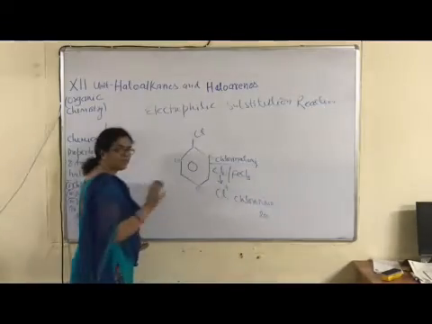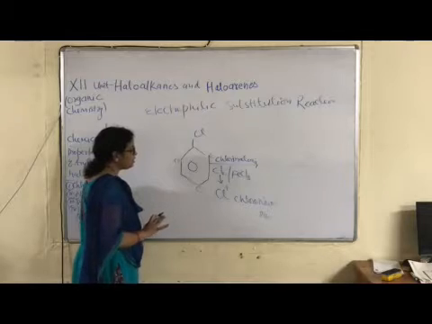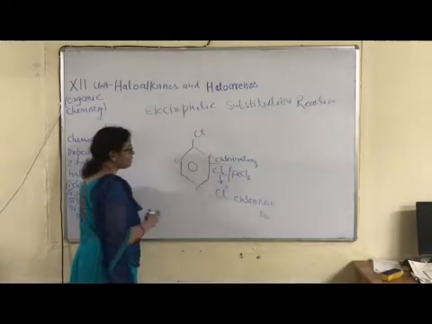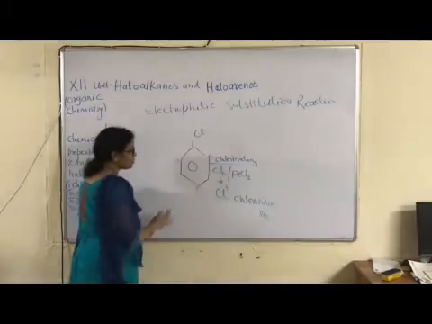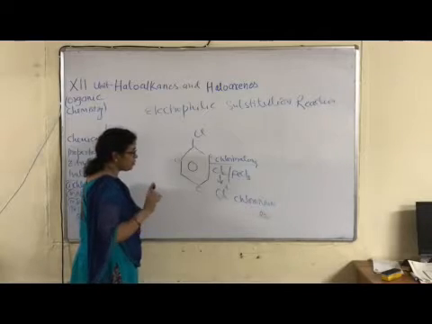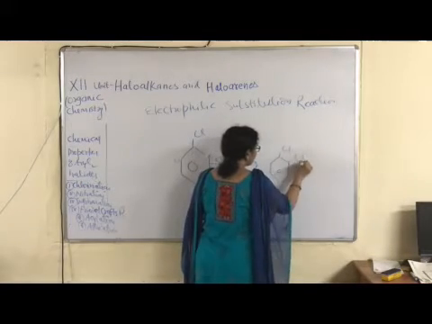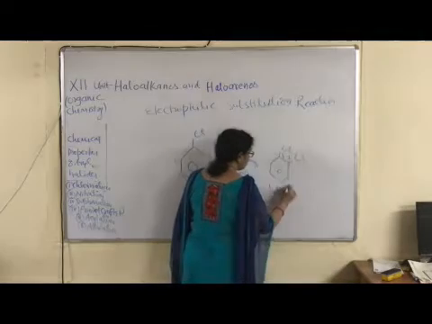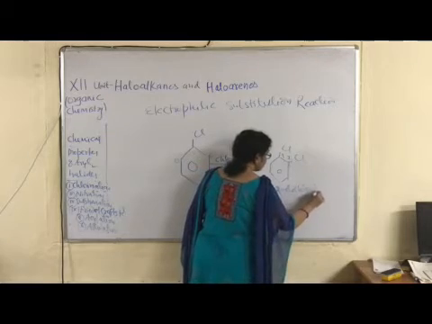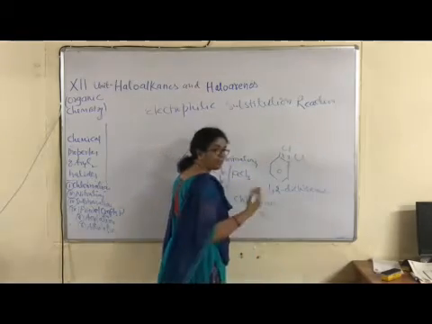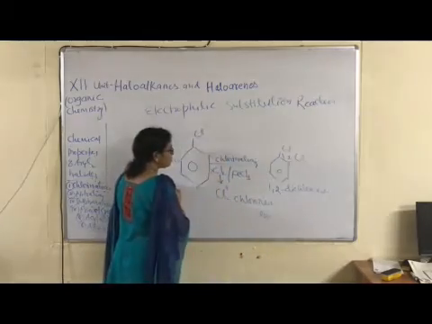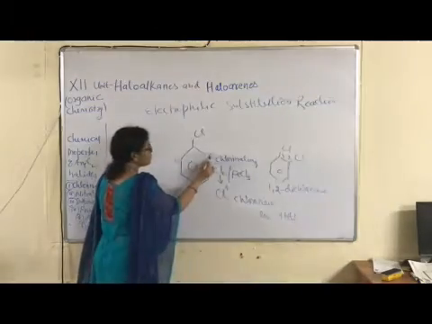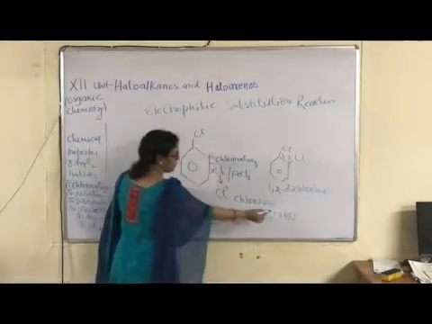Which position is occupied? When a limited quantity of chlorine is taken, then only one ortho position is occupied. When excess of chlorine gas is taken, then all positions are occupied. According to this equation, I am writing only one ortho isomer, right? This is ortho dichlorobenzene, IUPAC name 1,2-dichlorobenzene. Okay, children? Second possible, excess of this one, 2Cl2. Here the byproduct is HCl. Displacement of this hydrogen by 1 chlorine, then byproduct is HCl.